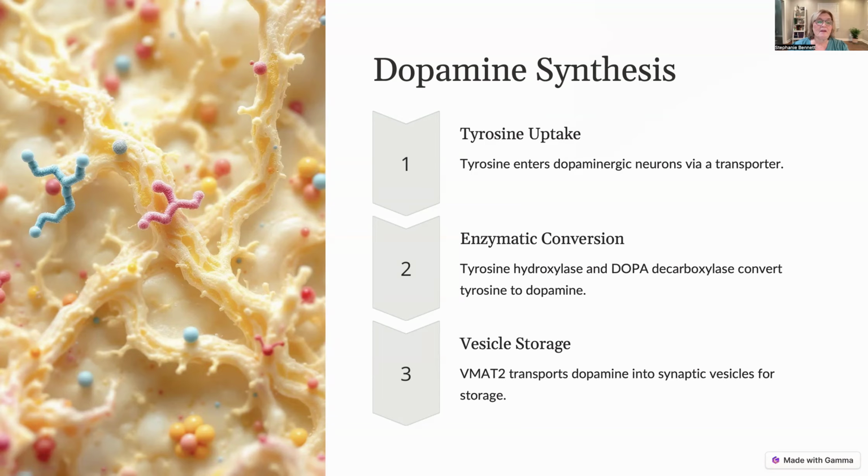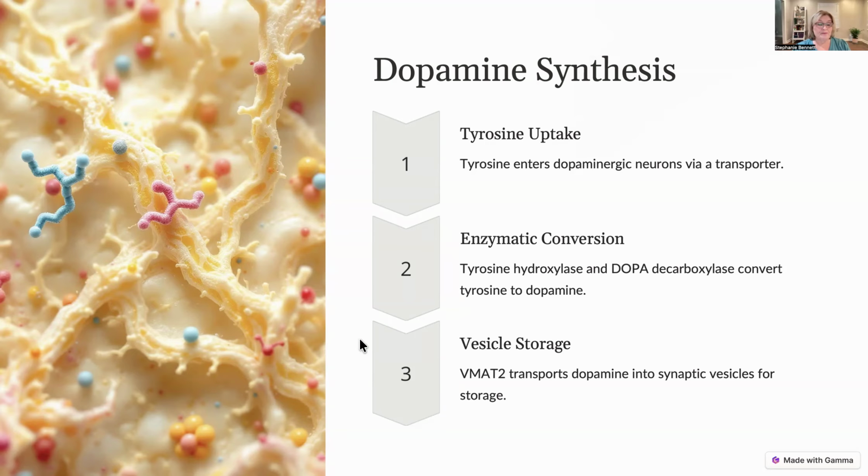It really comes from tyrosine, which enters these neurons that are dopaminergic via a transporter. And then there's an enzyme that converts the tyrosine to dopamine. It is then stored in these VMAT2s, which are synaptic vesicles, and it's there for storage until it is ready